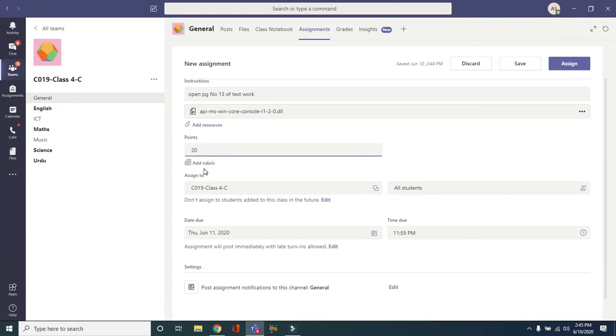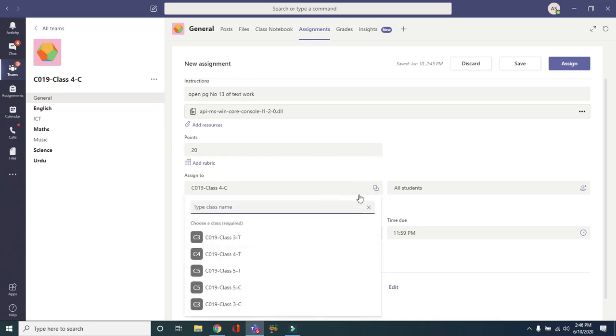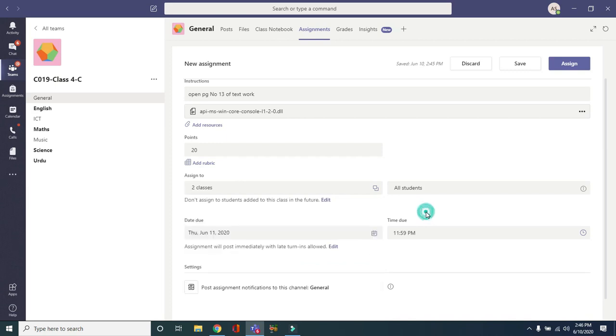It's of 20 points, so you can add your rubric as well, and you can assign this class, or even you can assign to another class. This option is here to tell you which class is eligible to be assigned for this. So you can take your class from here and you can add even one more class into it. I'm just adding 40 as well because these two classes are parallel, so they have to go with the same assignment. This means that at what date your assignment will expire.